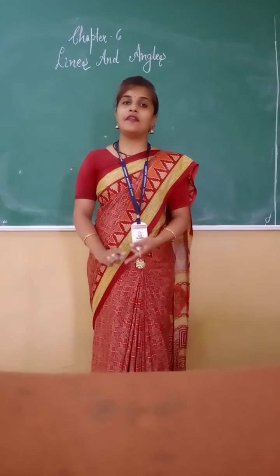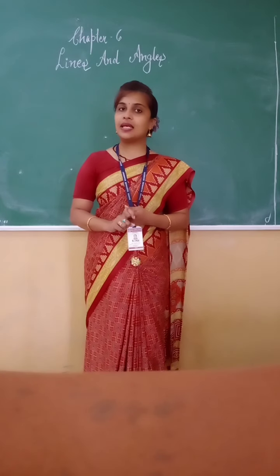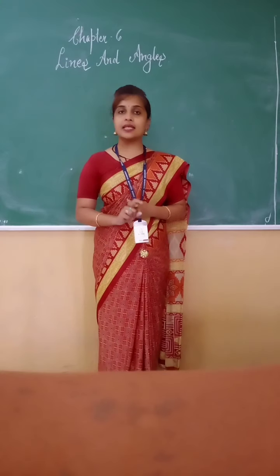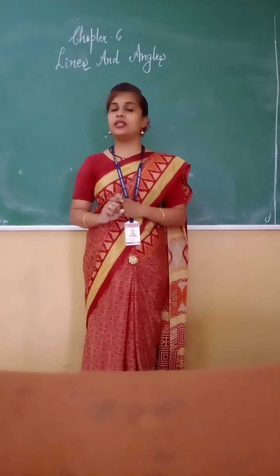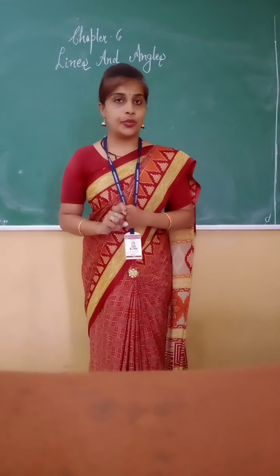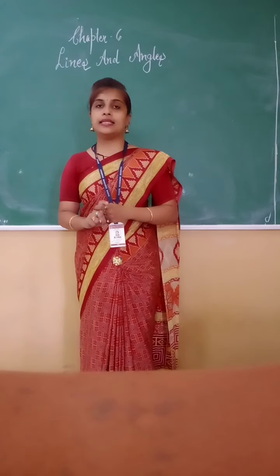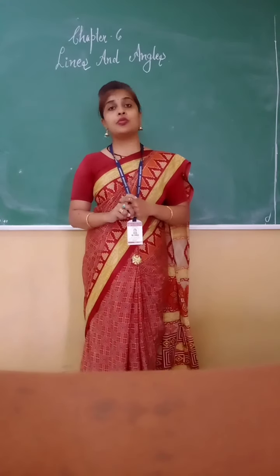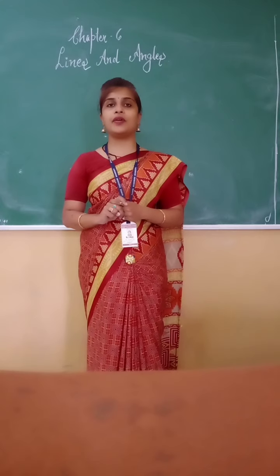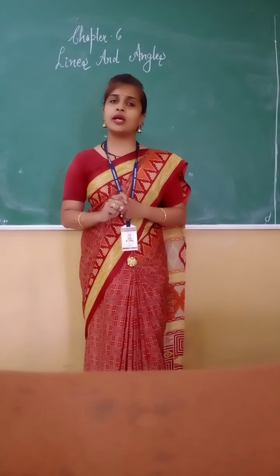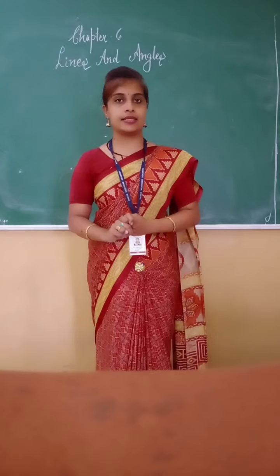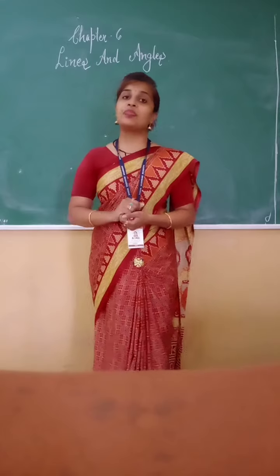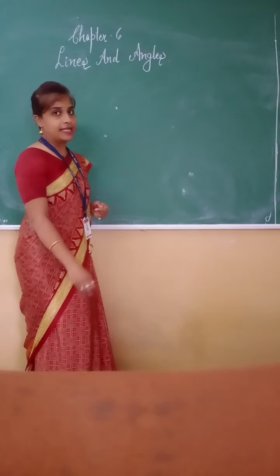Now here, after completion of chapter 1 and chapter 2, we are going to start a new chapter, that is chapter 6, means the geometrical part of our book. The geometrical part starts from chapter 6, that is lines and angles. Already you know what are lines, what are angles, how to make different types of angles and various other terms we have learned till now related to lines and angles. Now we are going to further move on with these terms. Now let us come to lines and angles.